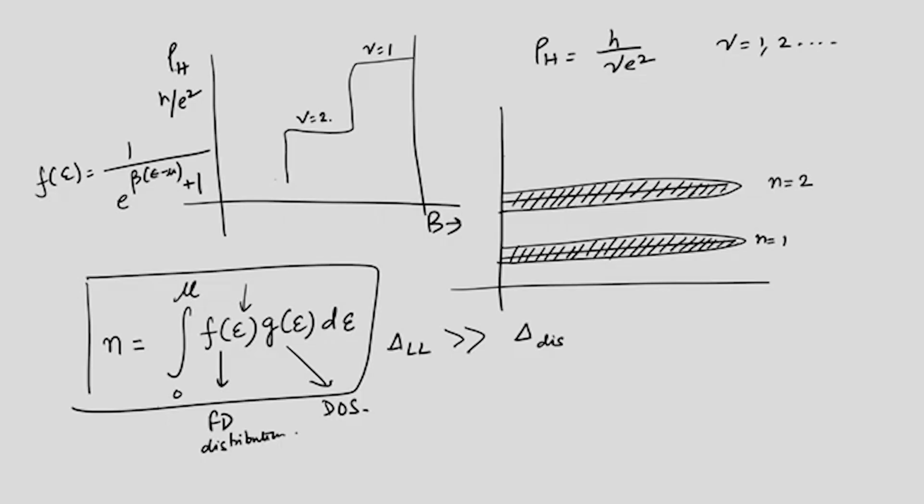So the chemical potential acquires a dependence on B, and as you change the magnetic field, the chemical potential starts rising because the density starts rising, and it comes to the first